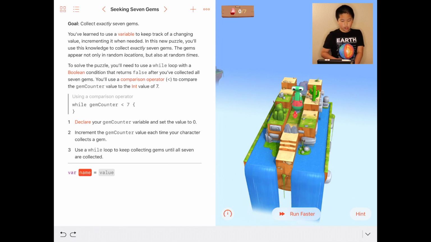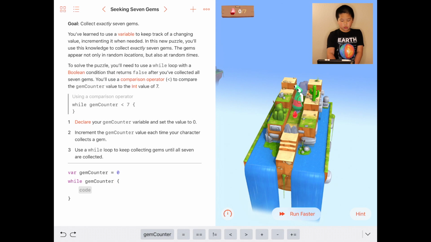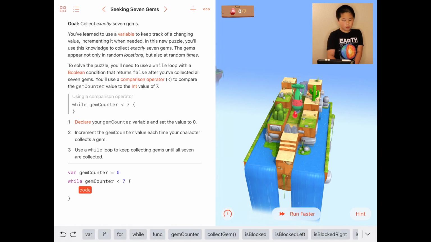First we're gonna do var, as it doesn't give you the gem counter, so you have to write gem counter. Then we're gonna do 0. Then we're gonna do while gem counter is less than 7. So if it's less than 7, that means it will keep going until it's 7. And then we're gonna do